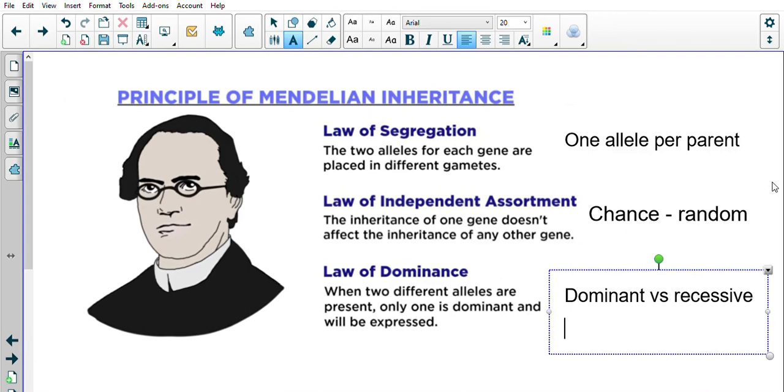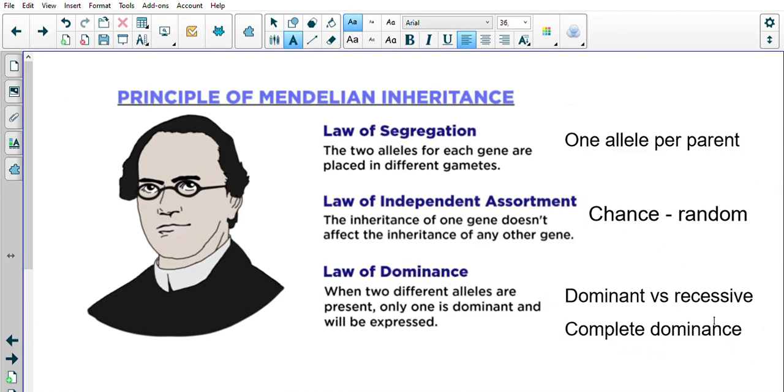Please note that this is really only when we talk about complete dominance. So for your purposes, to make it nice and easy for you, we only deal with complete dominance cases, where if I have one version and another version, one will definitely be dominant over the other one. You do get cases where you can get something called co-dominance or incomplete dominance. Say, for example, you had a red flower and a white flower that breed together. You may then get pink flowers, which is a combination of the two colors. But we don't deal with those for you at your matric. We only deal with complete dominance.